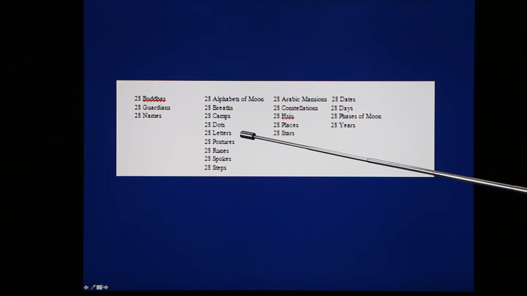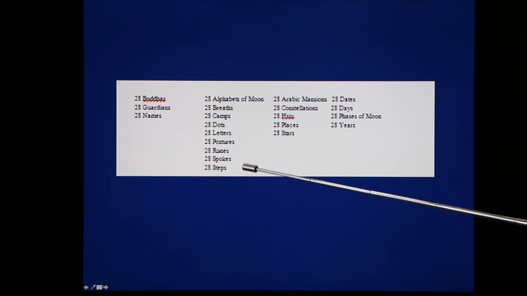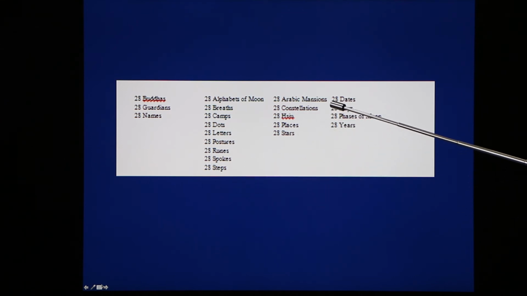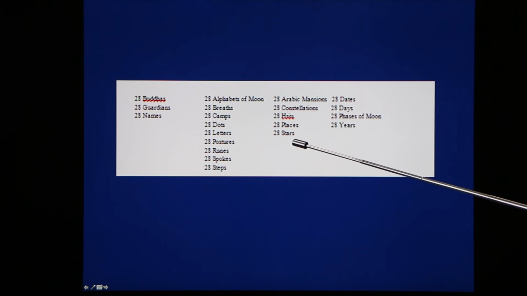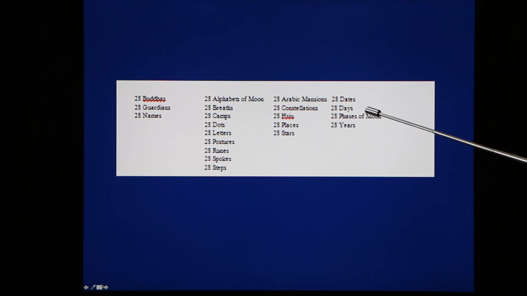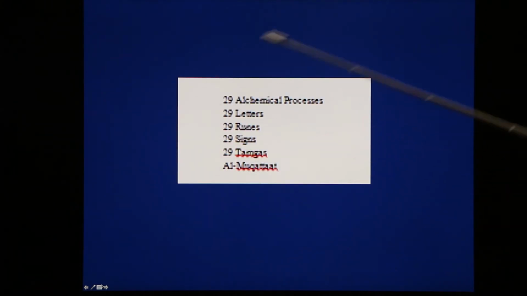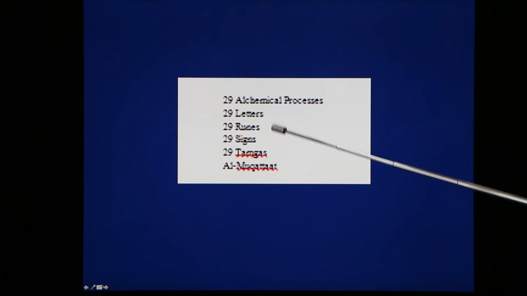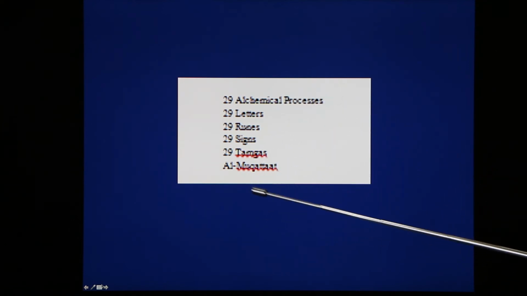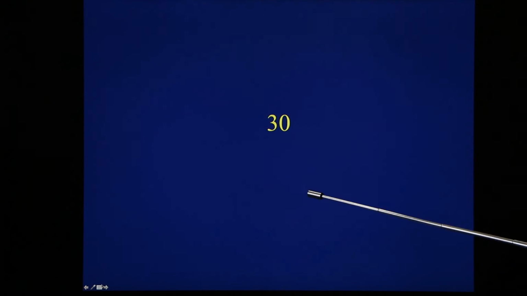breaths, camps, dots, letters, postures, runes, spokes, steps, Arabic mansions, constellations, Sioux, places, nakshatras, stars, dates, days, phases of the moon, and 28-year cycles. 29, alchemical processes, letters, runes, signs, tamgas, and al-muqatat. 30,